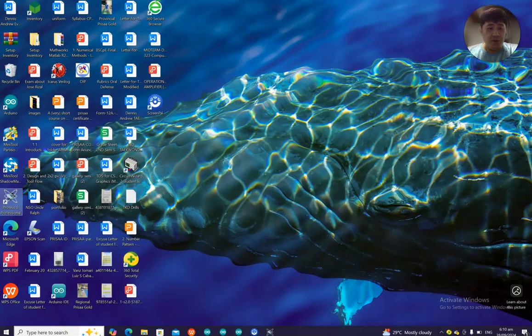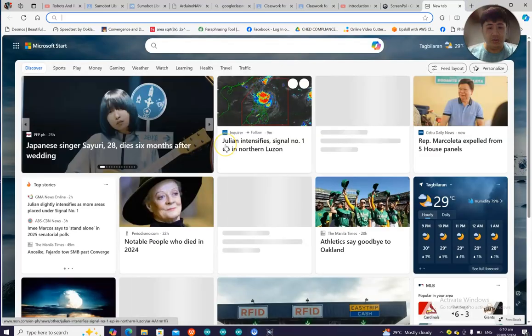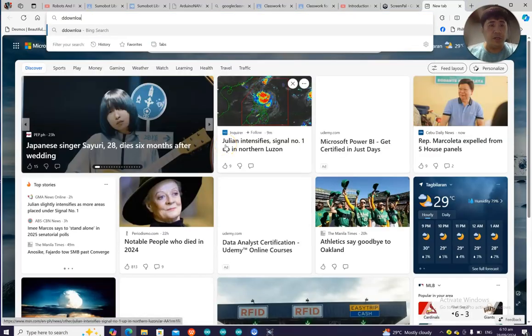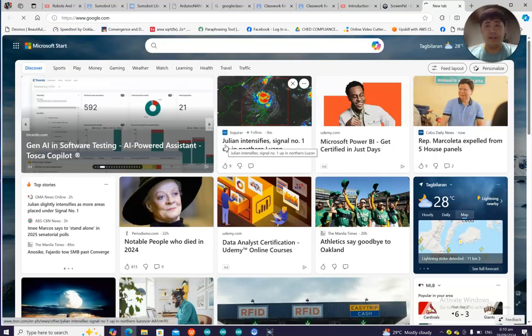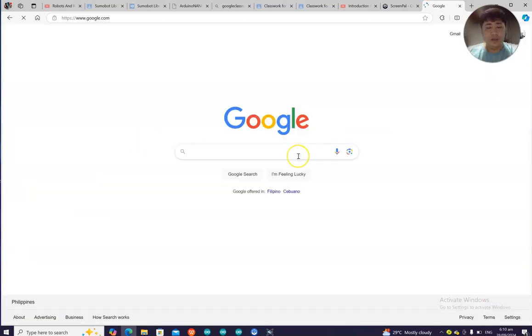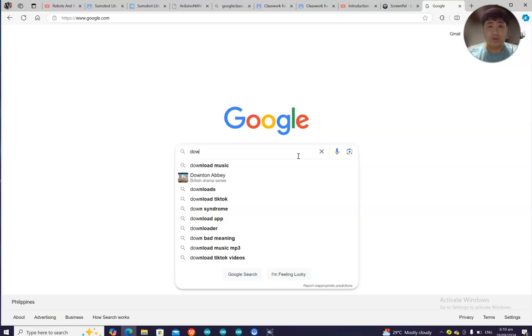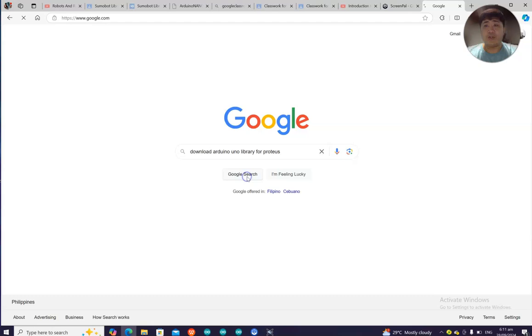So let's say, for example, you just go to Google and plainly type what you want. Download, let's say, Arduino Uno, or Arduino Uno library for Proteus.